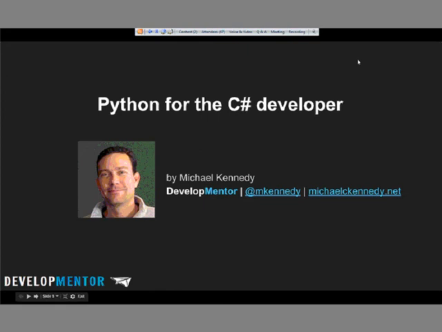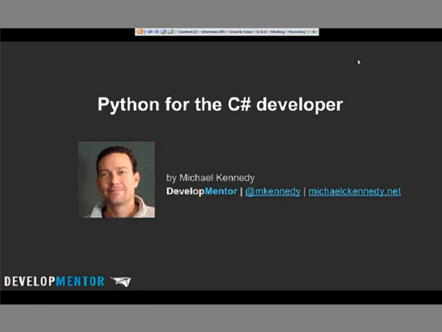Okay, so as you heard in the introduction, what we're going to talk about today is Python. And instead of just saying, hey, Python is a cool language, this is something you should go learn, right? There's a ton of cool languages. Go is cool. JavaScript and Node.js is cool. There's a lot of things you should go learn. But what I wanted to bring to you guys, a revelation or something that struck me when I learned Python was just how similar it is to C#. By the end of this presentation, I think you will all be blown away by how similar Python and C# are. And I think there's a lot of benefits to that. One is it makes it easy as .NET developers for us to get our mind around.